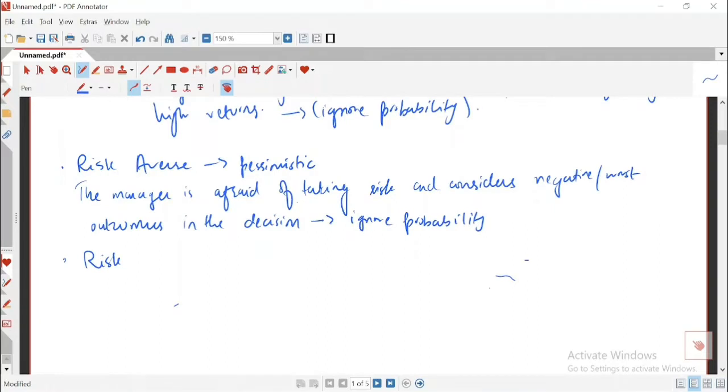The third type of people are risk neutral people. ये होते हैं बैलेंस्ड अप्रोच वाले, ना ऑप्टिमिस्टिक है बहुत ज़्यादा, ना बहुत ज़्यादा पेसिमिस्टिक है, ना कि हर चीज़ की सिर्फ पॉजिटिव साइड देख रहे हैं, ना हर चीज़ की नेगेटिव साइड देख रहे हैं. ये लोग क्या करते हैं, these managers are neither seekers nor averters. What they are, they consider probability